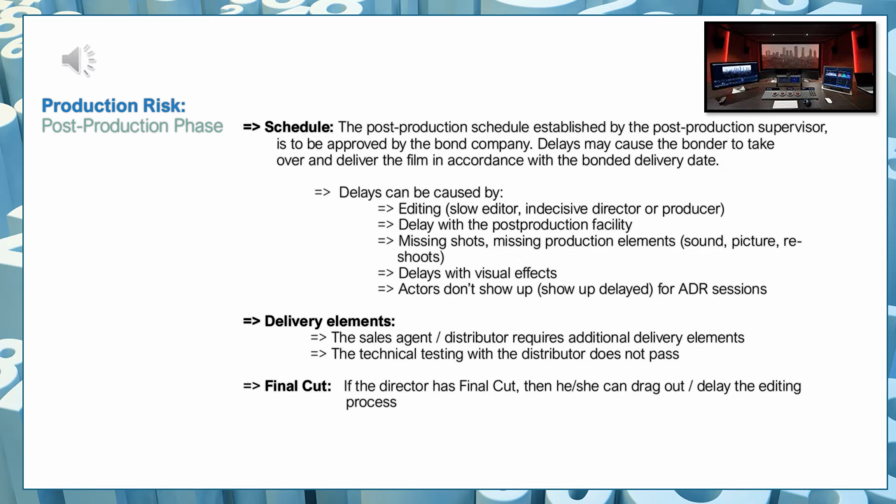In many cases, for my films, I limit the time I give the director to do their cut, but some producers don't do that, and then they're sitting there months and months with the director until they can finally make their cut. It could also be that the producer is indecisive and cannot make up their mind. Same reason here. So we usually have a delivery date that is a bonded delivery date, and this would mean, again, because of the completion bond insurance, that this risk would not be applicable because the bond company would force the director and/or the producer to make a decision and figure it out.